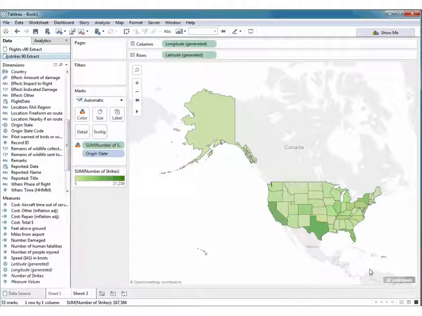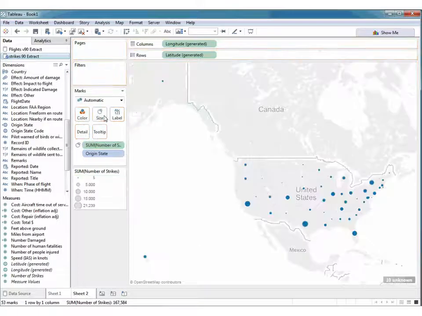And you can see that there's a lot of bird strikes that were reported from California, from Texas, and from Florida. And that sort of makes sense because these are very populous states. And so you expect a lot of bird strikes. Now, if you peer at this, you'll see a slight darkening of green here for Colorado, which is not a super populous state. Now, what I'll tell you as an expert is that color is not a great way to show quantitative data. Better would be to use size, and so I can pick up the number and drop it on size. And here we can clearly see by the mark on Colorado that there are a lot of bird strikes being reported from there.